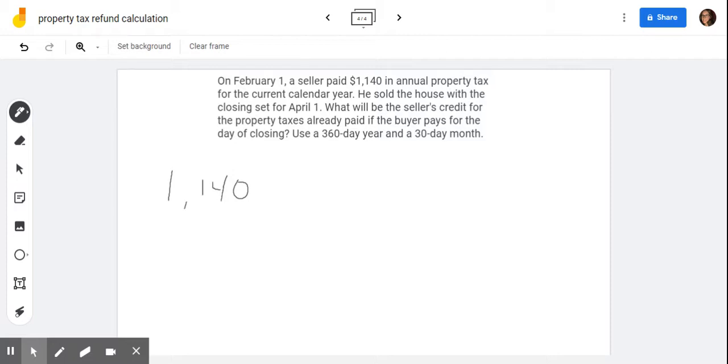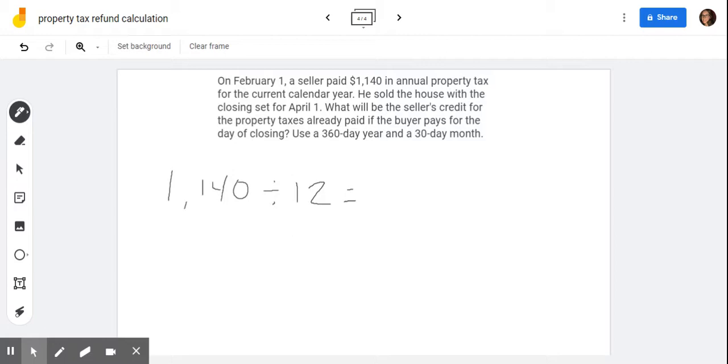Well, 2 months out of the year, I know there's 12 months in a year. So he's going to have to pay those 2 months, but the remaining 10 months are what he's going to get back. So I want to figure out how much he's paying per month here, because that'll easily help me find out how much he'll need to get back for the 10 months. So once I break it down, I find out how much he would get back for every single month. So how much is he technically paying per month? So I take this number,